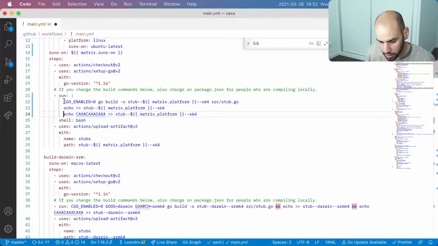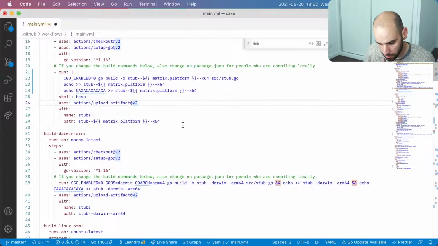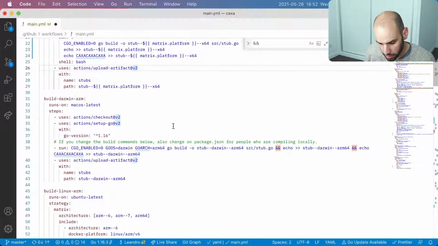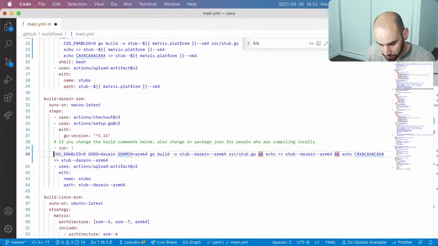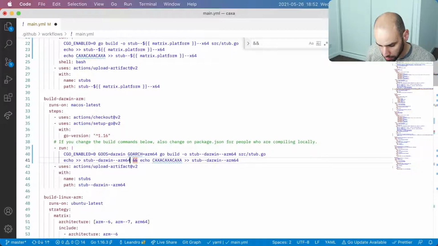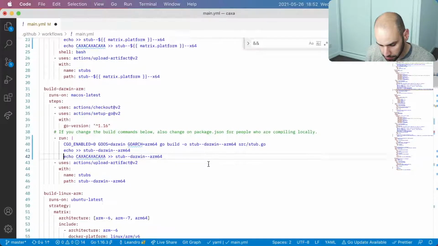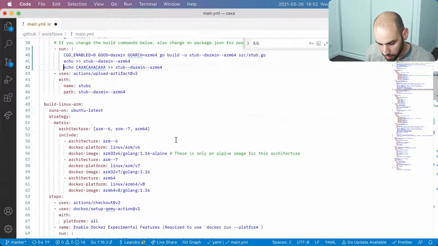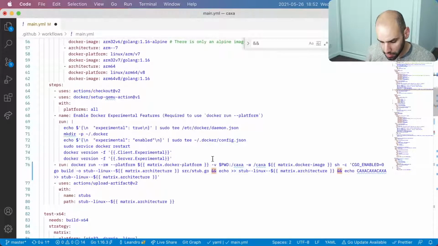So it says run the Go compiler and then echo the separator. And similarly here, run the Go compiler and then put the separator in place. And unfortunately here on these lines, I think it would be harder to do. No, not really.